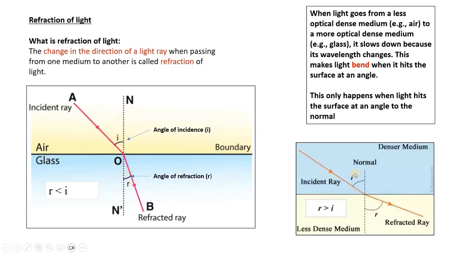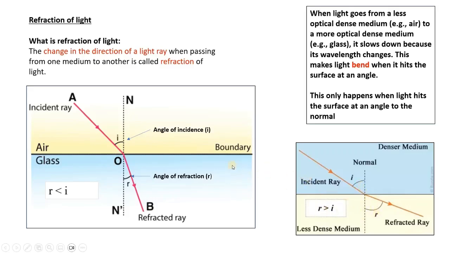When you look at this picture here, if the light ray moves from a dense medium, let us say that now this is glass, the blue area is glass, it's a very optically dense area. It strikes the boundary, and now instead of just moving through, it is bent, it changes direction away from the normal. So it is refracted away from the normal. We can see that the angle of refraction in this case is bigger than the angle of incidence.